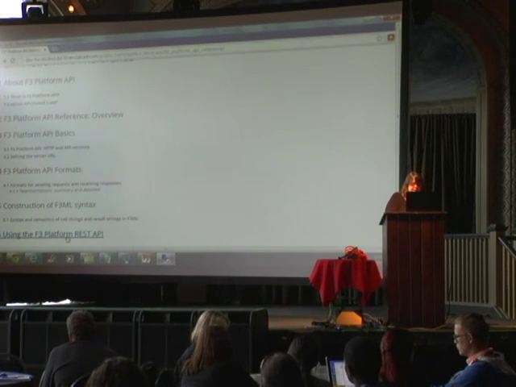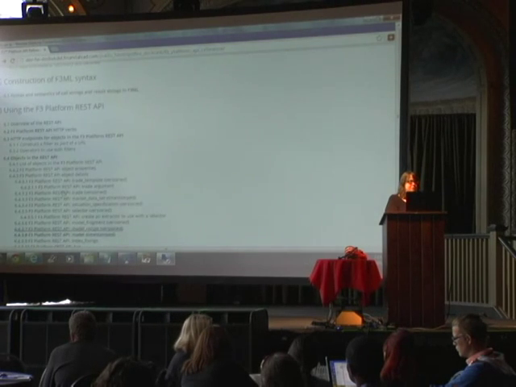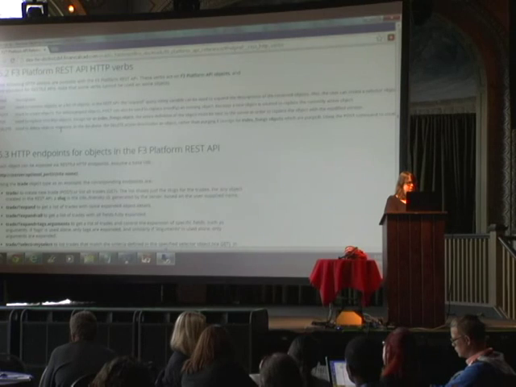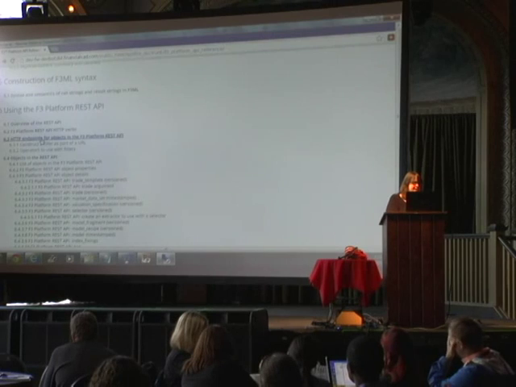And then, so we get down to here. By this point, now we're using it. So we start with the verbs. Those are the ones we used in our version. We just described the HTTP endpoints. And then, really important, of course, is the objects.